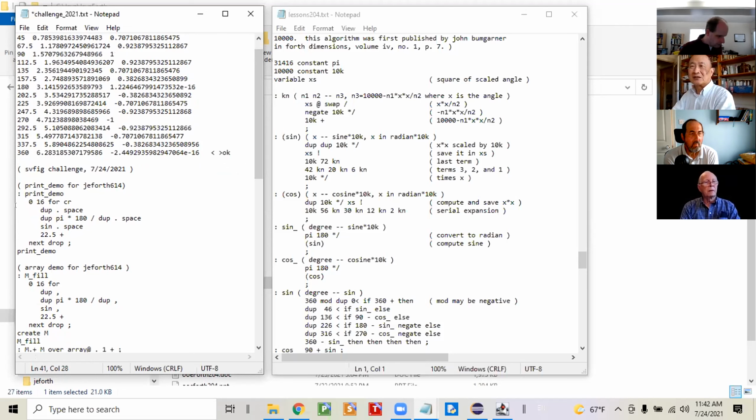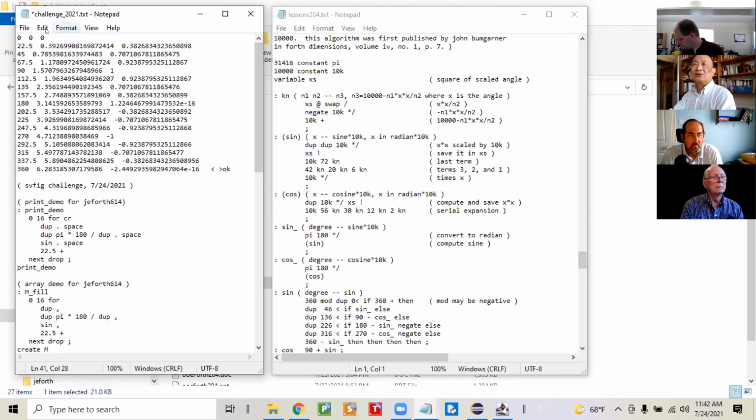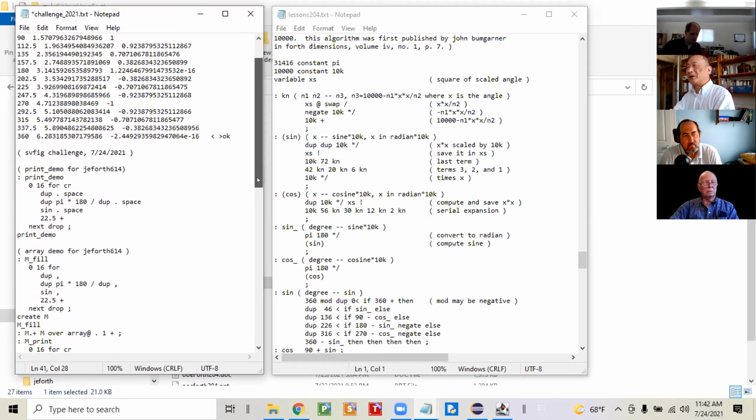And then I just, the challenge is every 22.5 degrees, print out the degree and print out the pi. Pi is also a built-in constant. That's very nice. And then calculate the sine and print it out. So this produces this table, okay? And then I say, well, yeah, you know, the challenge is to really build a table